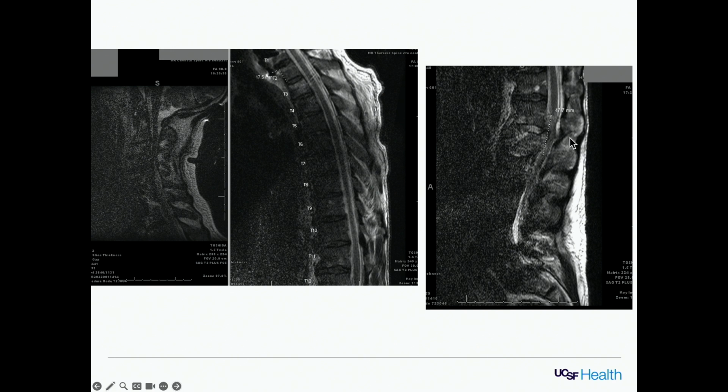Eventually we did get an MRI, just showing a large epidural clot at the L1 level where there's a fracture, poor image quality at the cervical spine, but no obvious T2 signal change or other compressive epidural hematoma that needed to be evacuated. Ideally, you would have an MRI at the early stages to be able to decide if a laminectomy or something in addition to a fusion needs to be done to evacuate.